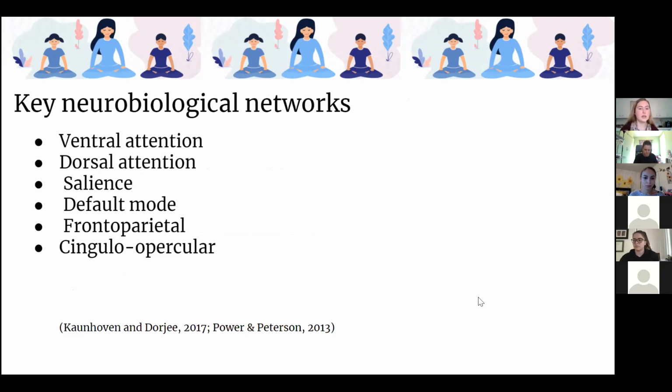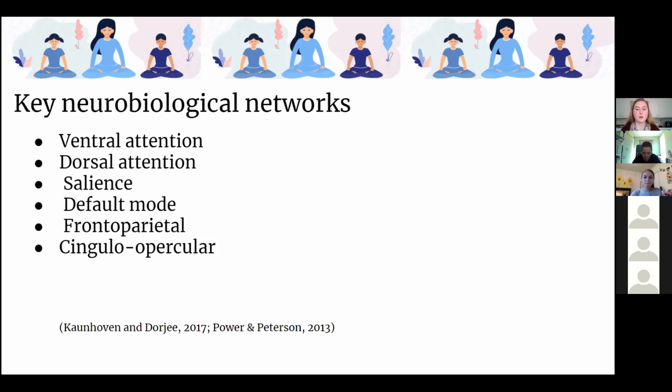There are several key areas that have been identified as neurobiological networks that control different aspects of self-regulation and emotional regulation. I'm not going to talk about the specific physical areas of the brain. I'm going to talk more generally about what these networks are proposed to do in theory. The ventral attention network plays a role in identifying important stimuli, reorienting attention, and filtering task relevance, along with the dorsal attention network. The salience network, if it gets overactivated, can cause hyperactive or inappropriate responses to stimuli, and its role is to detect relevant stimuli and work with us to be able to switch tasks.